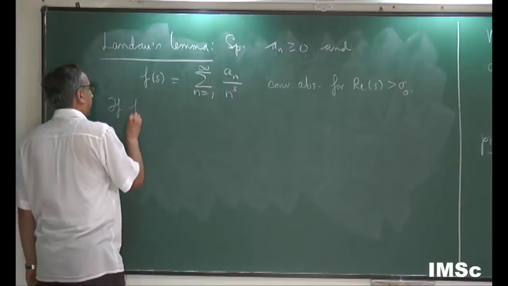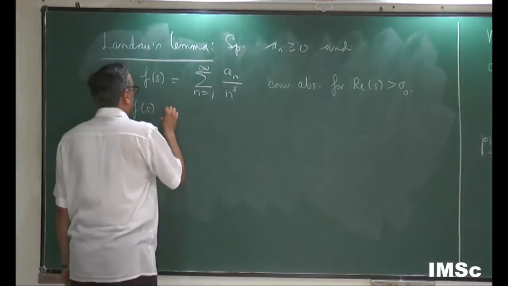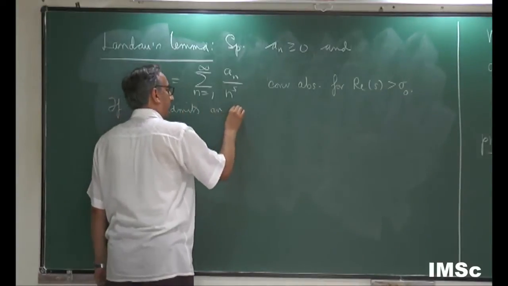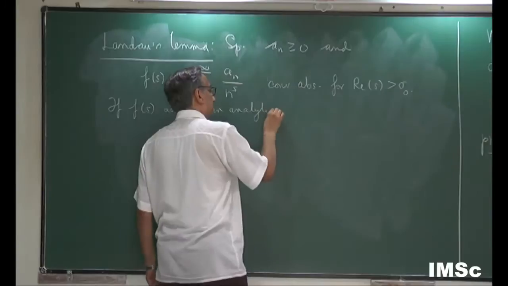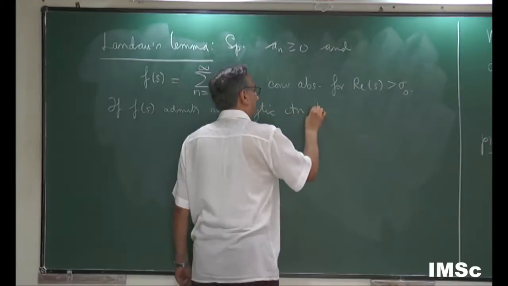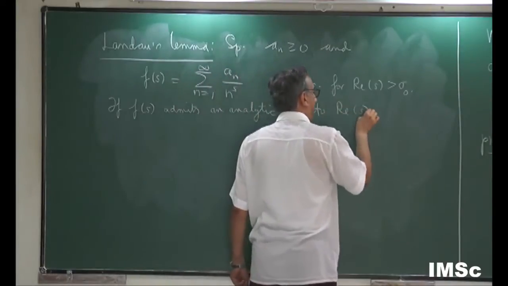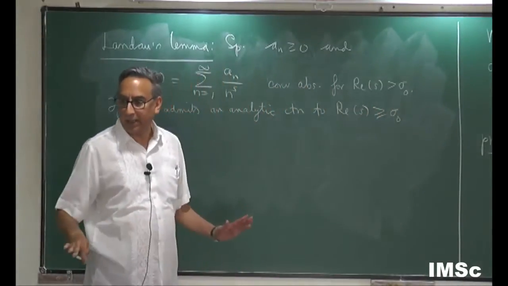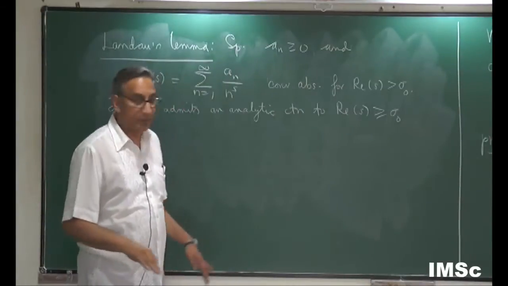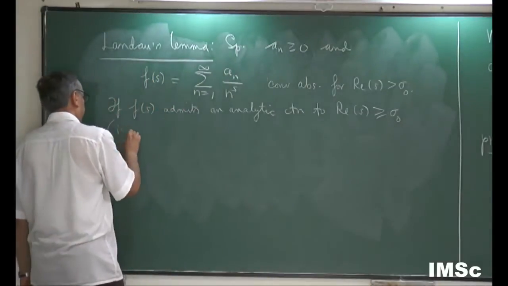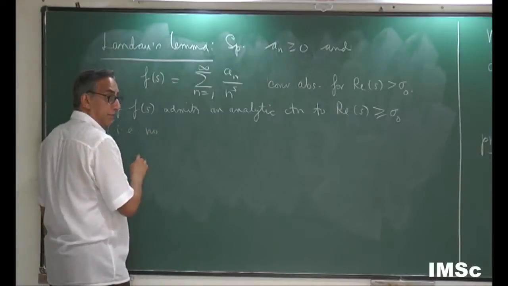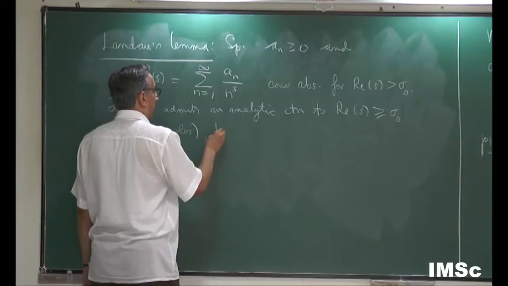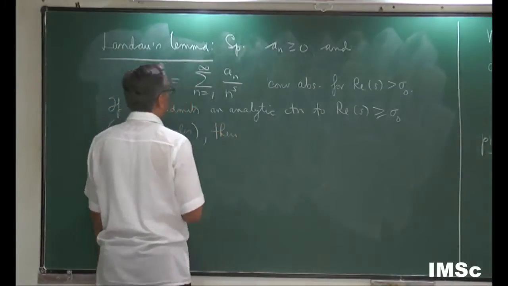If f of s admits an analytic continuation to real part s bigger than or equal to sigma naught, analytic continuation completely, no poles, i.e. no singularities, no poles, then the Dirichlet series